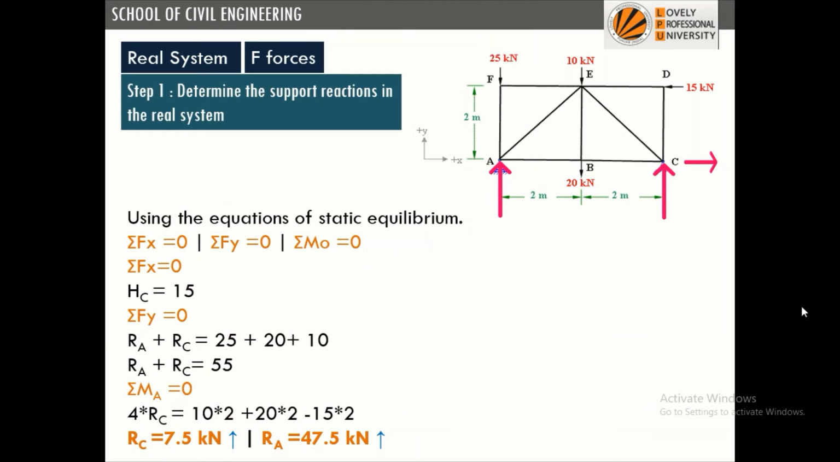We'll calculate the support reactions for the given external loads, using our equations of equilibrium. Point C, as you can see, has a hinge support, so we'll have 2 reactions. Only one horizontal force is there, that is 15 kilonewton, going towards the left of the screen, so the horizontal reaction at C would go towards the right. So by sigma Fx equal to 0, we can write Hc is equal to 15. Then we use our second equation,